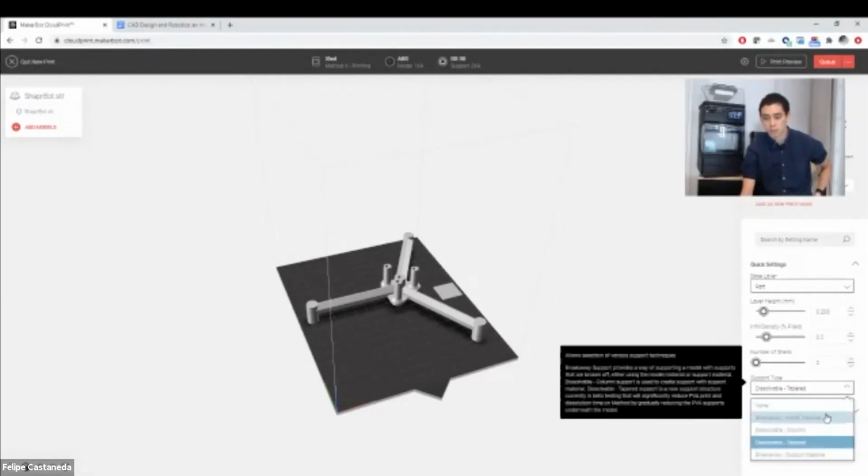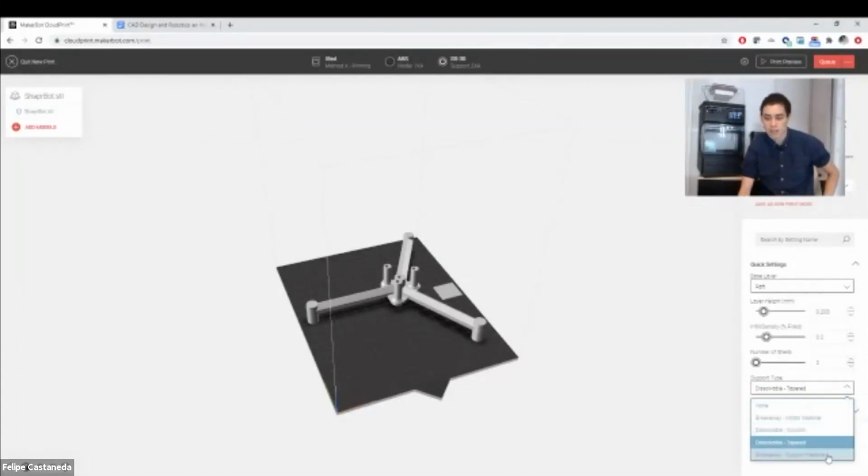And going to that specific question on the support type, you can use different types of support. Breakaway is going to print your supports with the same material that your part is made of. Dissolvable Column is going to create a projection of your part straight down into the build plate, a fairly constrained type of support generation.